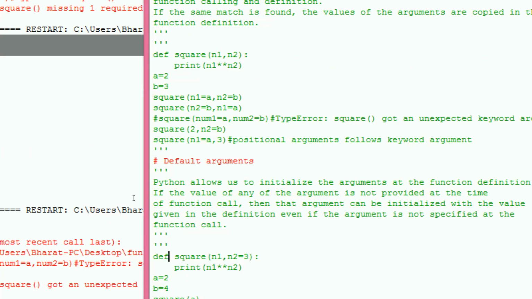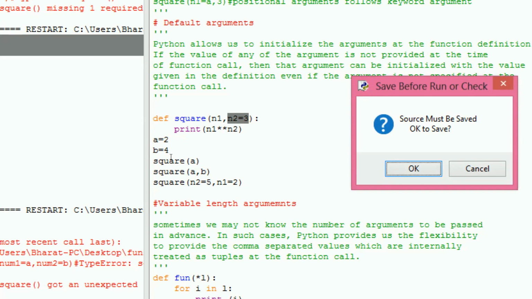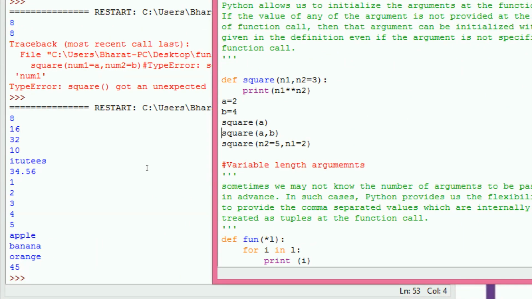Now we see default arguments. Default arguments mean at the time of the definition I define n2 equals 3. If I am not passing any value to n2, then the default value of n2 is 3. We can execute this. So this is the square of a. That means I am giving 2. So n2 is by default 3. 2 power 3, 8.